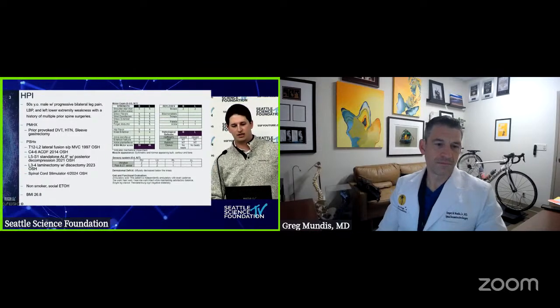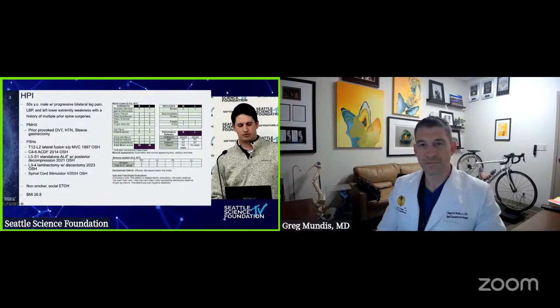We'll start off with this patient who's a lower 50s-year-old male who presented with bilateral leg pain, low back pain, as well as left lower extremity weakness with a history of multiple prior spine surgeries. As far as medical history, pretty healthy gentleman, hypertension, had a sleeve gastrectomy. As far as surgical history, back in the late 90s at an outside hospital, he underwent a T12 to L2 lateral fusion with a fairly large kind of shark bite surgical incision, and what seems like a partial corpectomy at L1